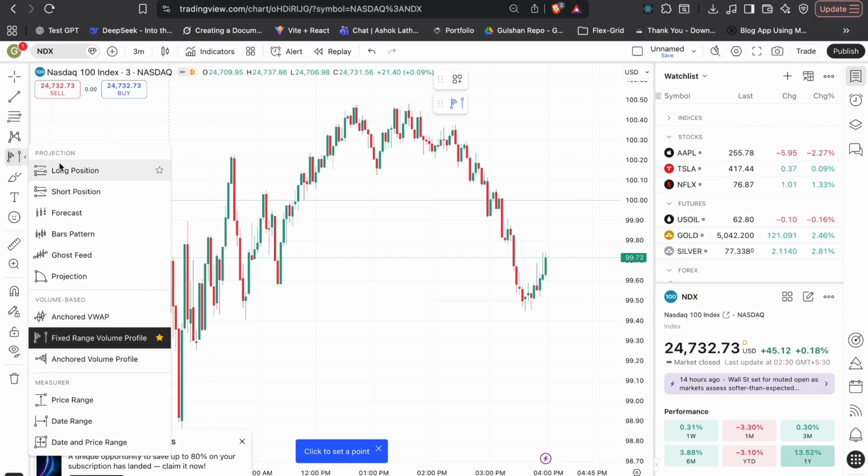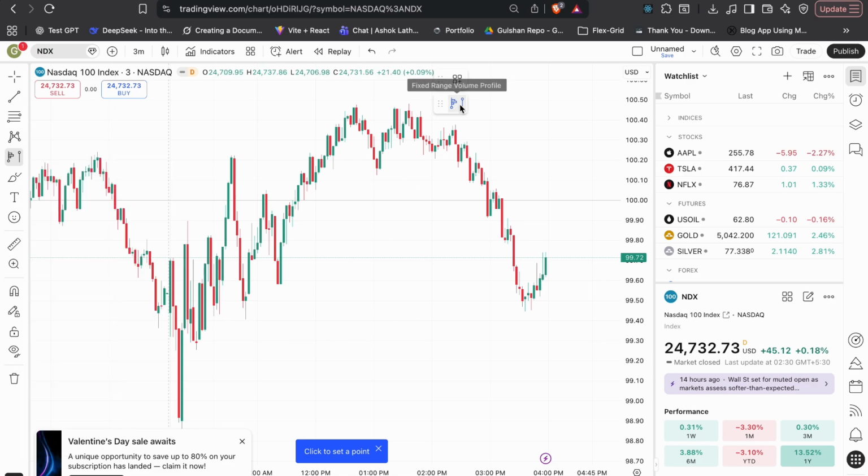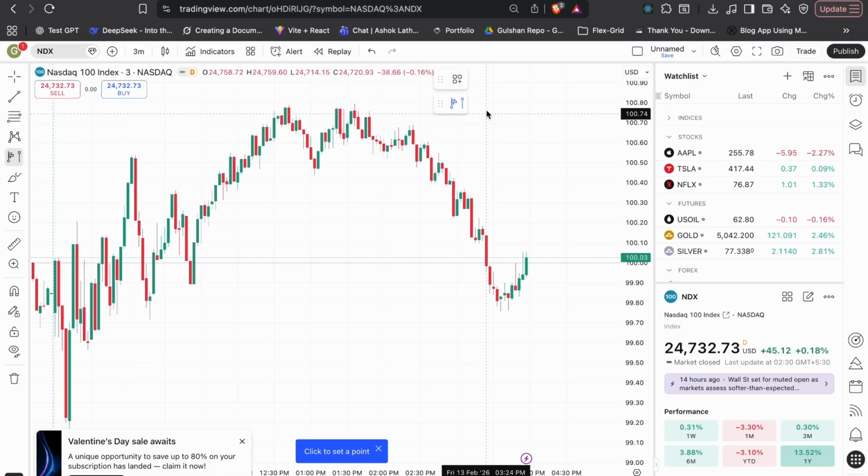Once you click on the sidebar, in the volume based section, you will find this tool as your star tool. If you have not starred it, you can simply tap the button to star it, because here you can use this extension. After that, once you tap on it, you will see the fixed range volume profile will be added. Now you can extend your chart and then draw the fixed range volume from the start date